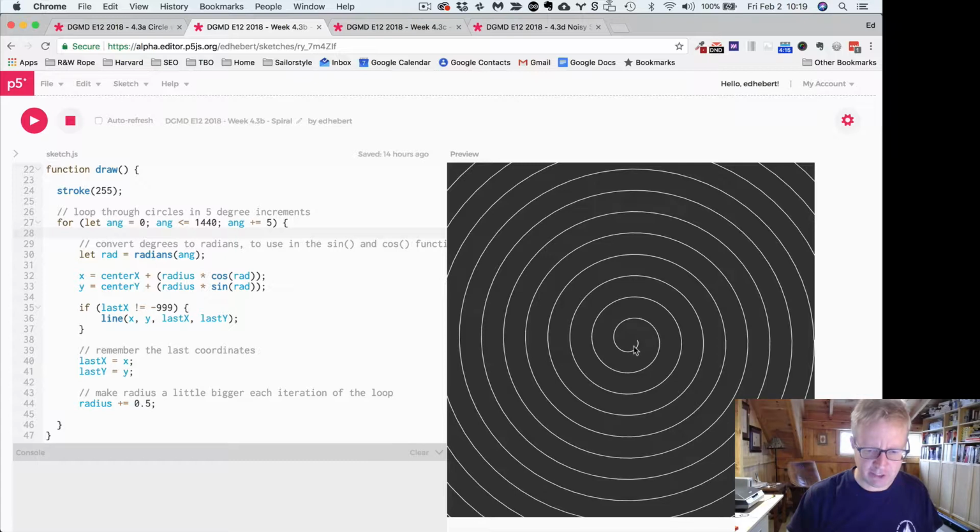Okay, each time through, we start at 10 and then a little bit more, and then we're at 20, 30, 40, and before you know it, our radius is hundreds, 200, 300, and then we're drawing a spiral. So that's kind of cool, right? And now what if we decide to go a little bit further with that